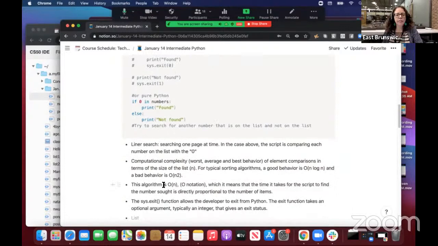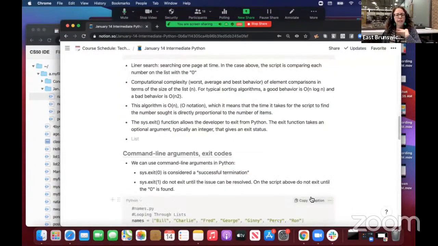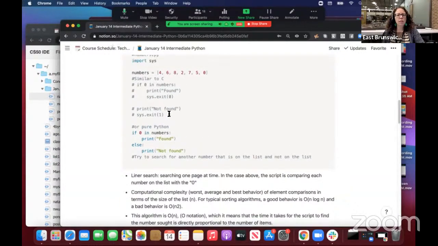I was just showing that in Python, you can use those developer tools that you might carry from C, like the exit function. So exit 0, when you put sys.exit(0), is a successful termination. It means that we can stop running. And exit 1 means the script does not resolve the issue, or has not found the item, and that's why it has to repeat itself. So let me run this one